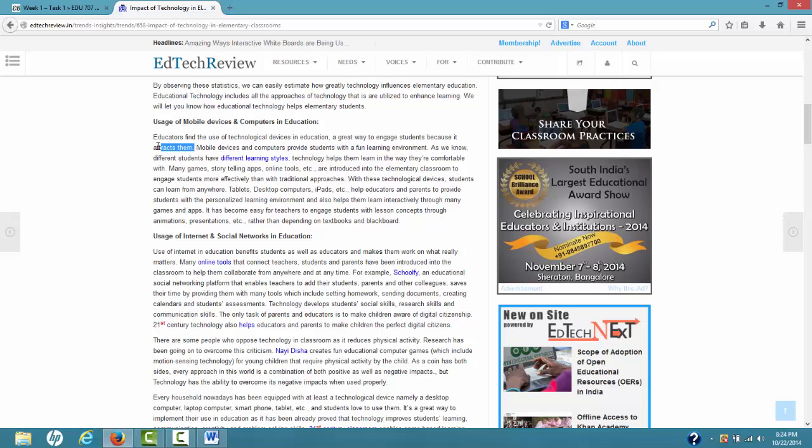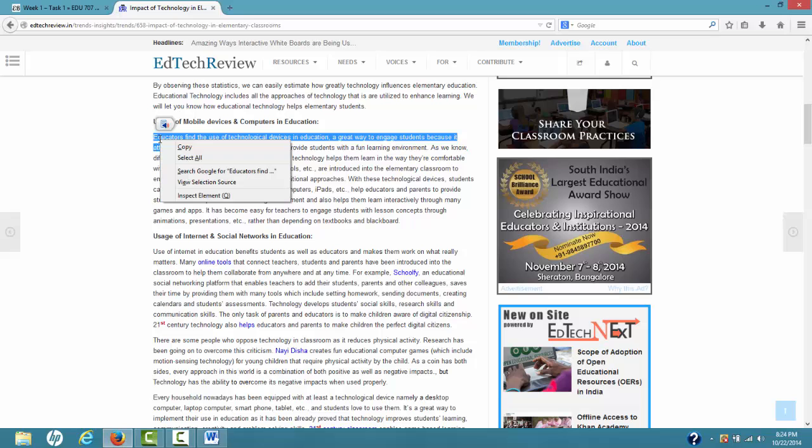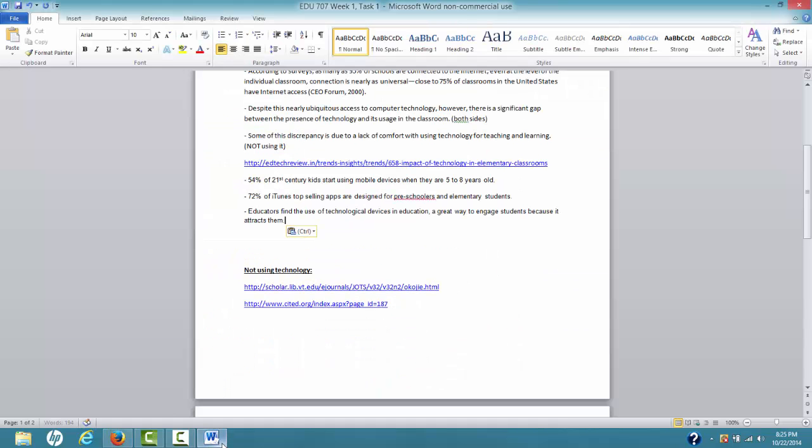This is so true. I'm going to continue reading it, but I want to copy this statement. Educators find the use of technological devices in education a great way to engage students because it attracts them. And it goes back to my little rant about a minute ago that it does attract them. You can give a 5 or 6-year-old having a tantrum in our classroom the iPad with one of our games